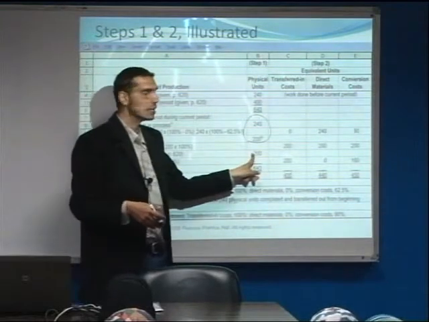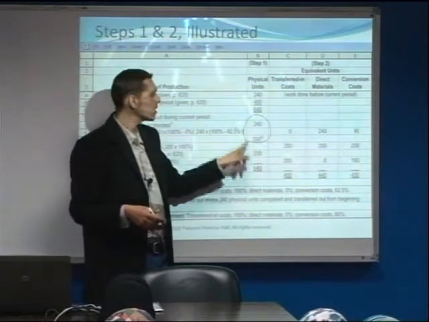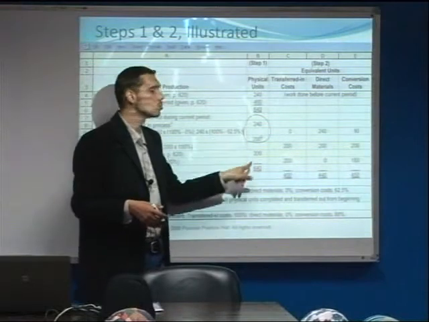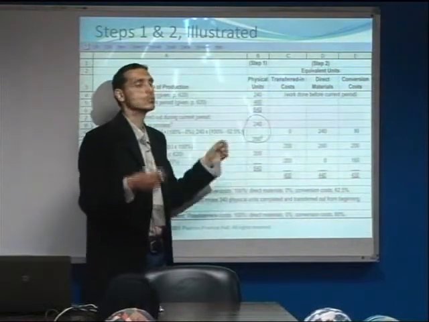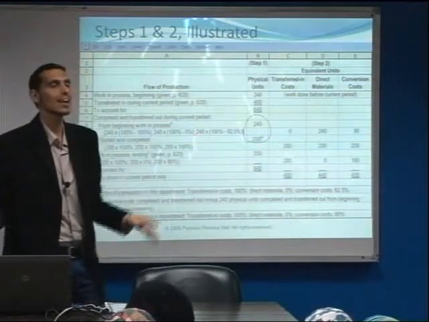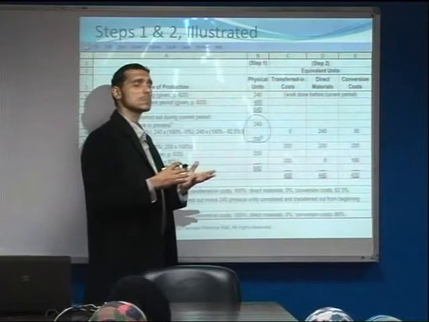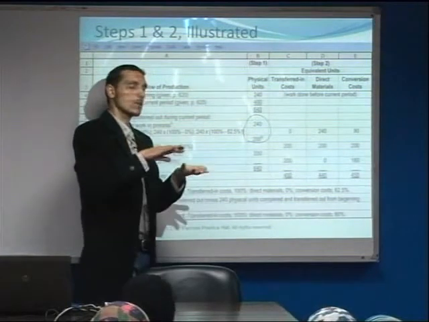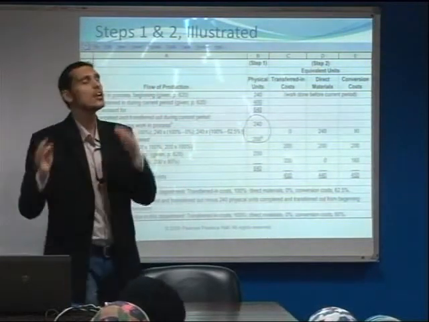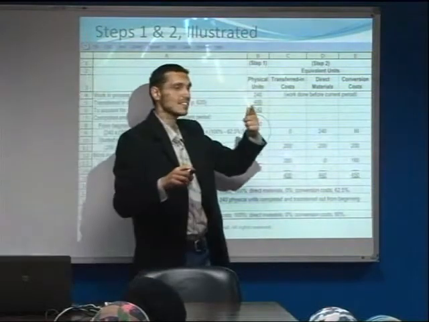Therefore, the 200, as we can see here, plus the 200 plus the 240 would most definitely equal the 640, which is the total units that has been accounted for. Now let us calculate, which is step number 2, the equivalent units for each cost category, which is